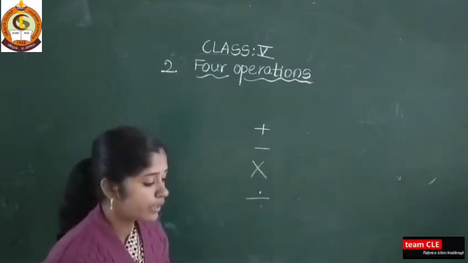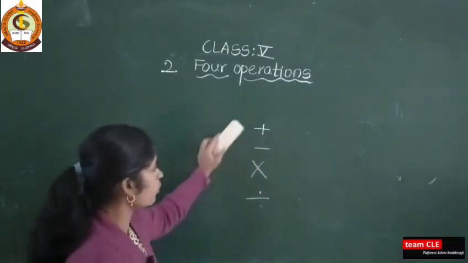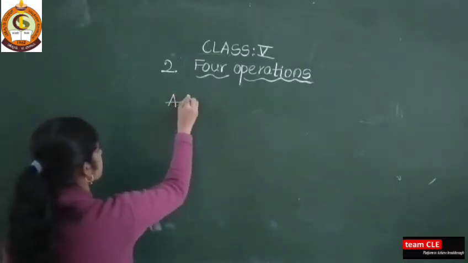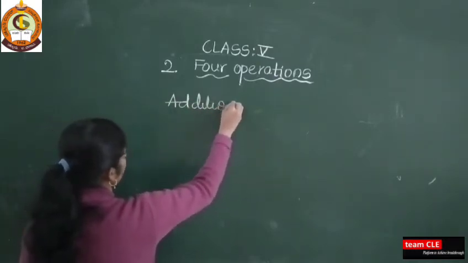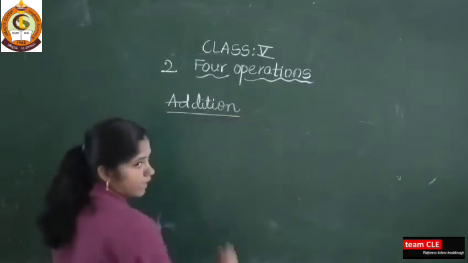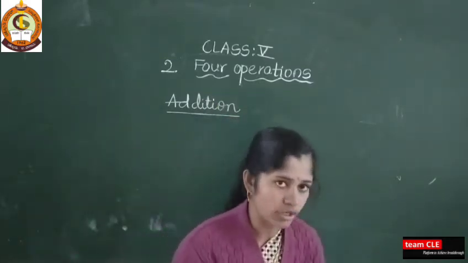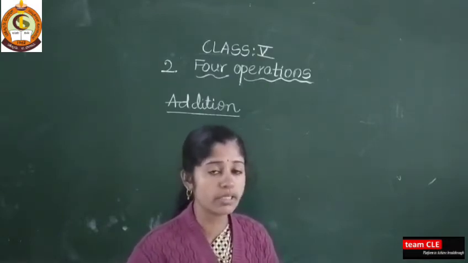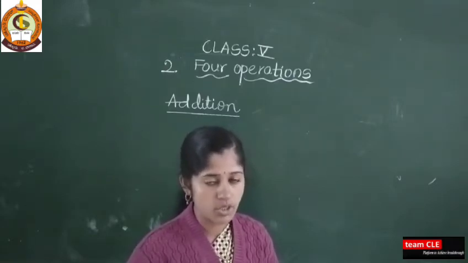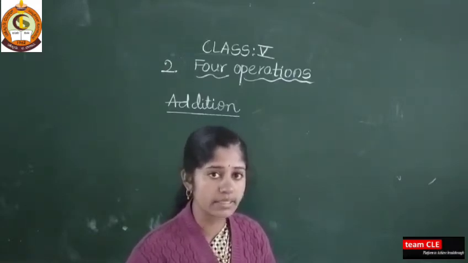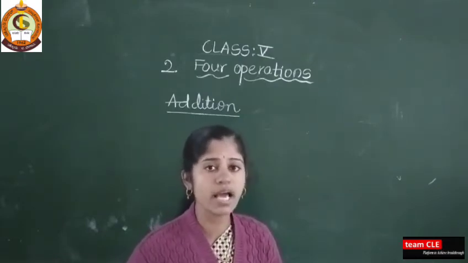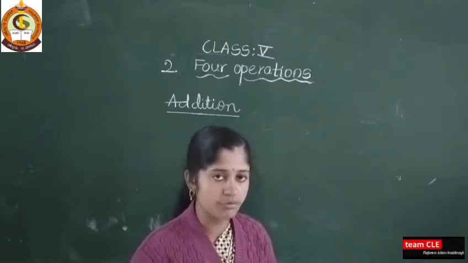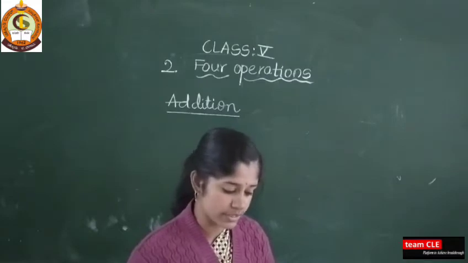Okay, so here in today's class we are going to discuss only about addition. Yes, see here, already you know 2-digit addition, 3-digit addition, 4-digit addition. Already you know, you are learning 7 and 8-digit numbers. So in this class you are going to learn how to add the 7 and 8-digit numbers. In previous class you learned the place value chart, Indian system of numeration, international system of numeration. If you know the place value chart, then you can solve these examples easily.